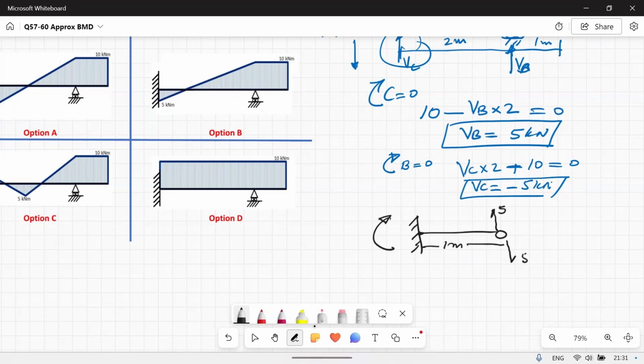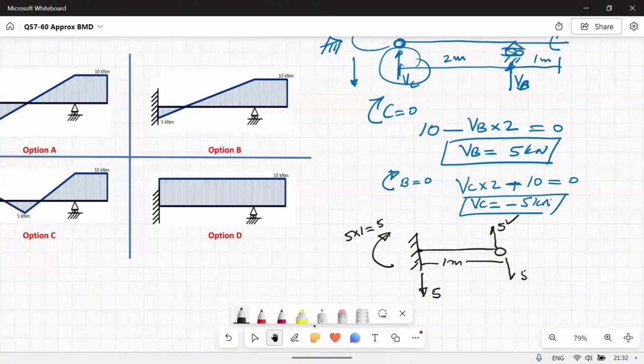So 5 times 1 will be equal to 5, and if the load is upwards over here, the reaction load here will be downwards. So now I have the 10 kilonewton meter moment over here,